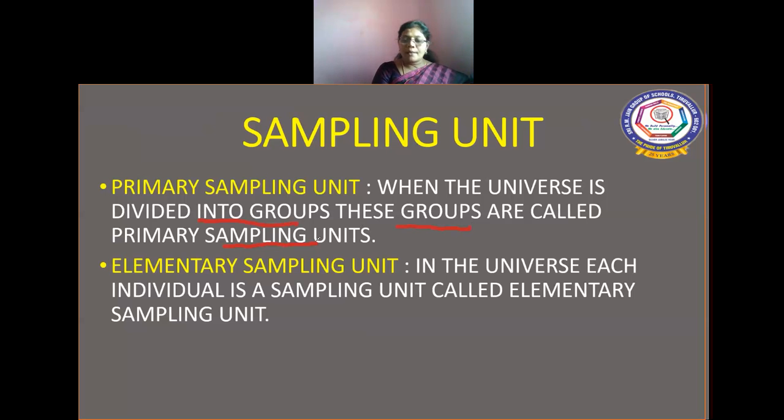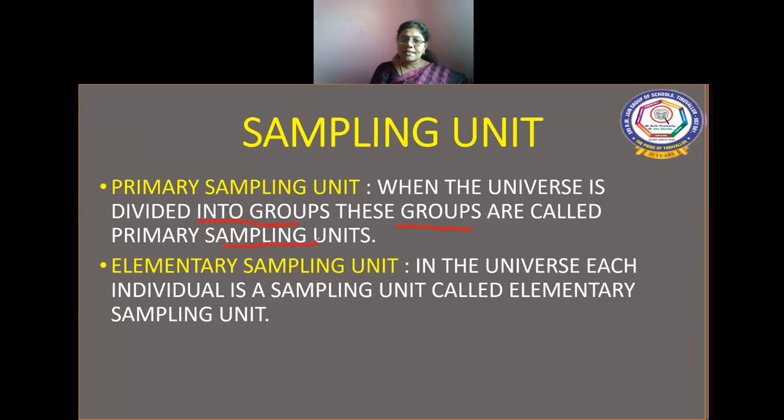So for example, if we decided to group our students, we can follow two ways. One way, we can divide them on the basis of classes, first standard separately, second standard separately, and so on. So if we decide to select the students from first standard to 10th standard, we can divide them into 10 groups.